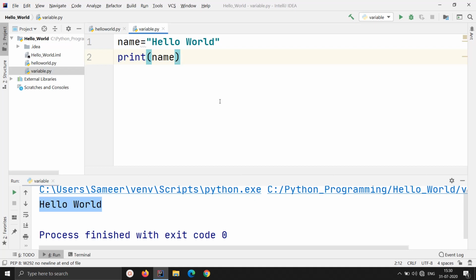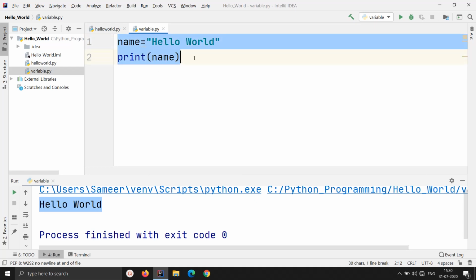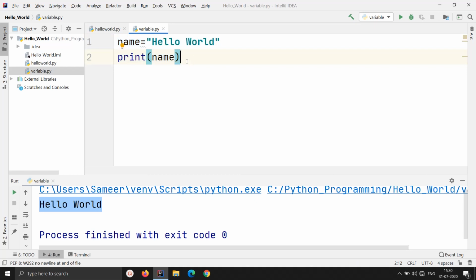There was a reason why I said that if you have come from a background of C language or Java language, you will find this very horrifying. The reason is that while doing this two-line coding, there are a lot of things that we have not done. Which are those things?